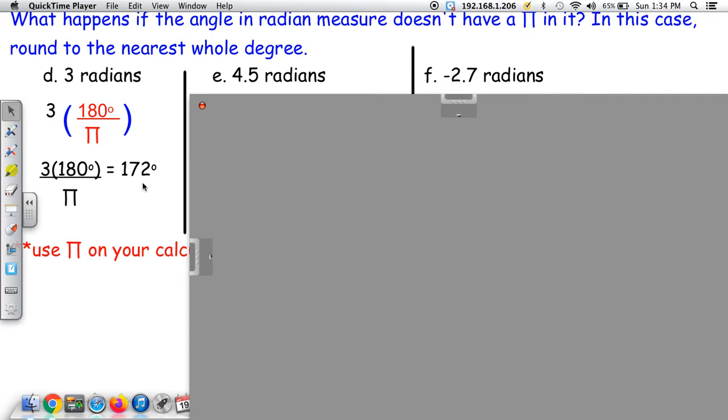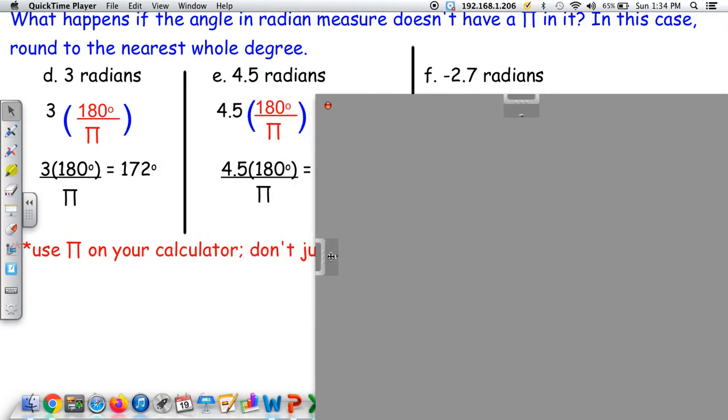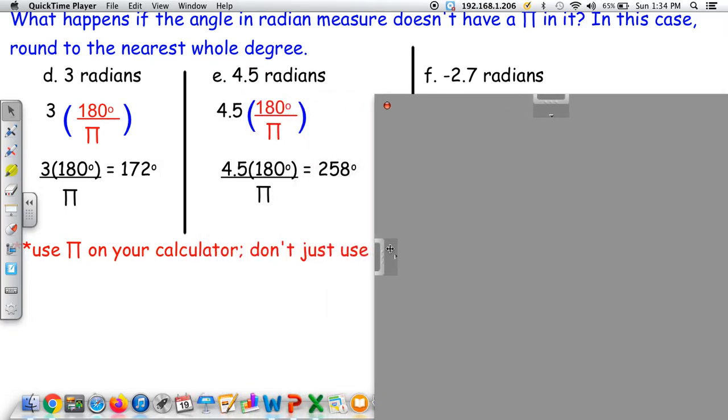Let's go to 4.5 radians. So again, there's nothing to cancel, but that's okay. I put in 4.5 multiplied by 180 degrees over pi. That comes out to be 4.5 times 180 degrees, divided by the entire value of pi. I get 258 degrees. So see if that's what you get. And then we're going to go to